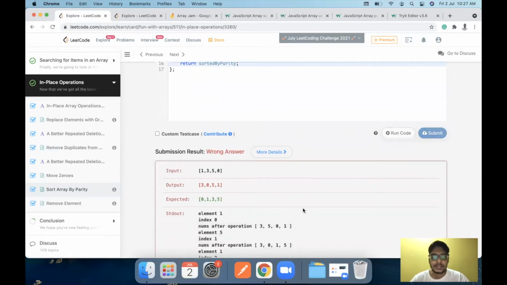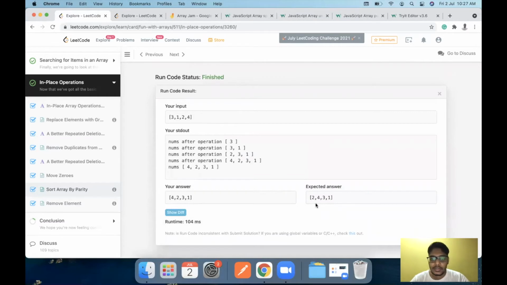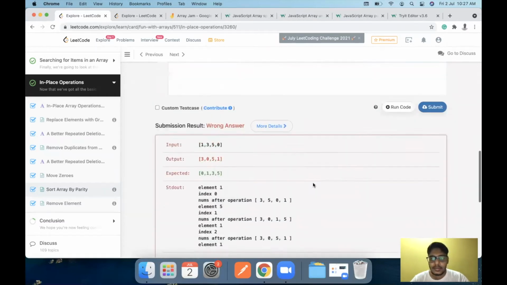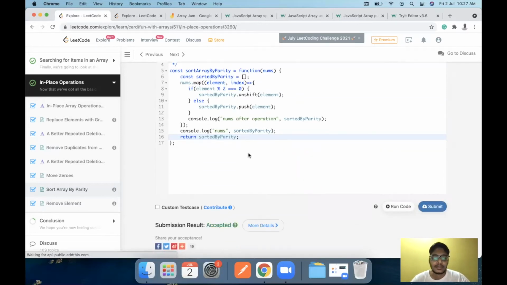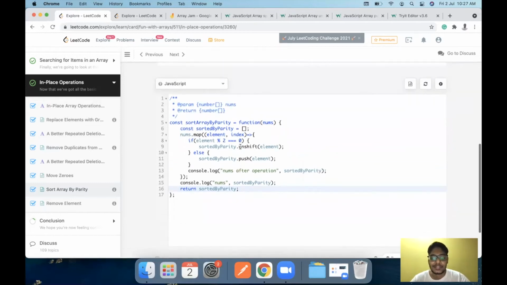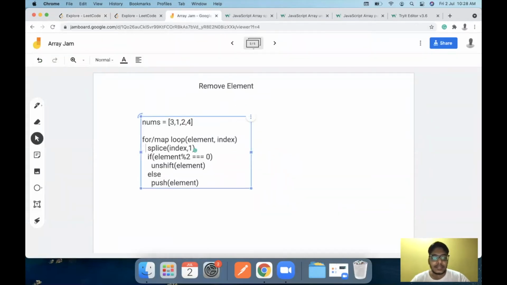Let's run the code first to check our default output. So yeah, 4231, 4231, this works. Then let's hit submit and check whether this gets accepted. Okay, so we cannot go with in place operation for this. We have to use an external array, and that is how the array gets sorted properly. Let's just log these two methods, and this will be our accepted solution. In this case, we don't use splice.